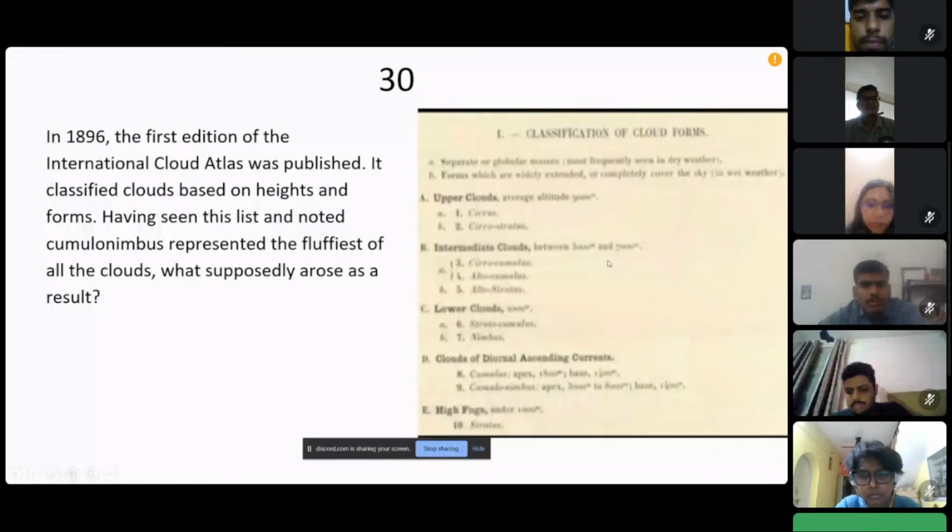The image: fluffiest of all clouds. Think as abstract as you can. P8 pounced. The pounds will close very soon. P8 again getting very good in this round. So pounds is closing in 5, 4, 3, 2, 1, and the pounds is closed. So we have received the answer from P8 and the direct was on P2.